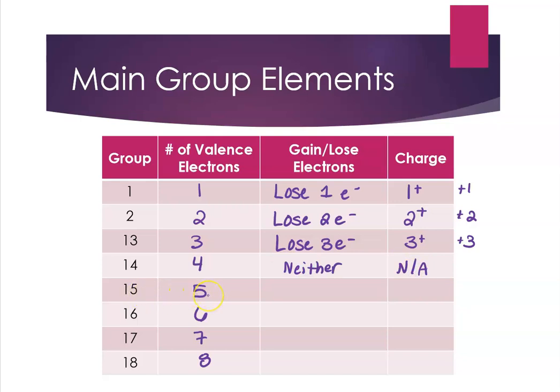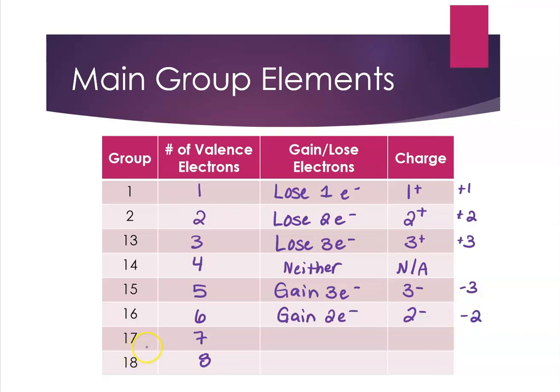Next we have group 15 with 5 valence electrons. For 5 valence electrons, I can either gain 3 to get to 8 or lose 5 to get to 0. So 3 is smaller, so I'm going to end up gaining 3. Since I'm gaining electrons, that's going to give me an anion, and it's going to be a negative charge. And since it's 3 of them, it'll be 3- or -3. If I have 6 valence electrons, I'm either going to gain 2 to get to 8 or lose 6 to get to 0. Gaining 2 is easier, so I'll do that, and that'll give me a 2- or a -2